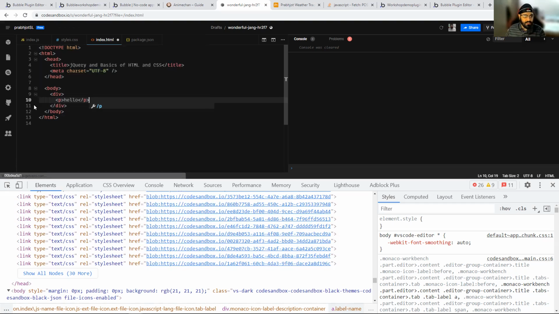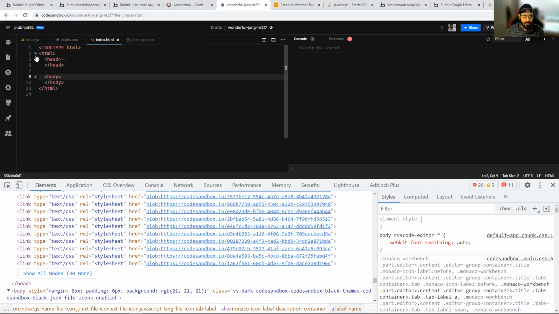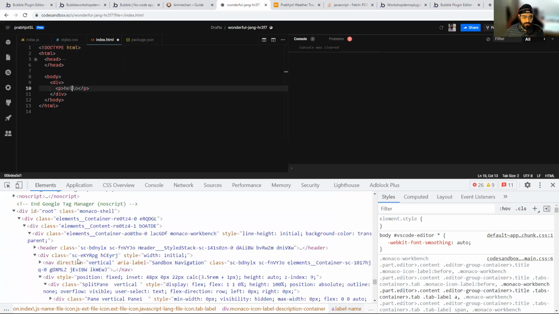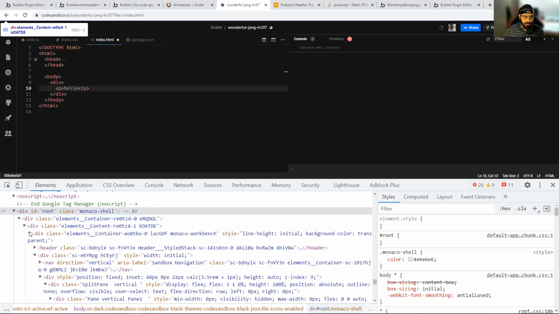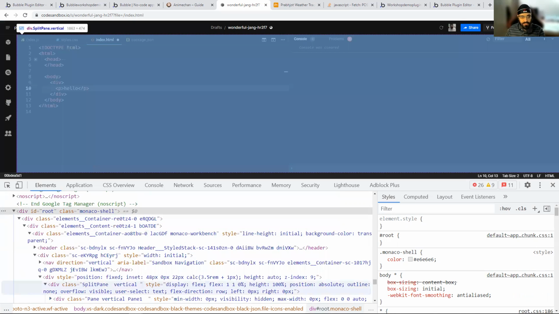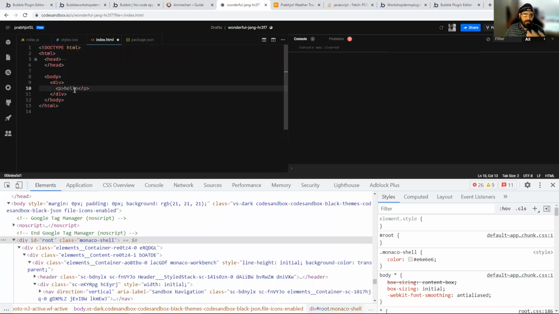And then here you'll say hello, and then you close the paragraph tag. So what's happening here is you are creating this tree, right? So the top node is HTML. Within that, you have head and body as siblings. Within the body, you have div, and within the div, you have p tag, right? So that's a very basic idea of what DOM is, or how your HTML content is structured, regardless of the no-code tools. So here again, you can see the tree, and you can browse it down like this. So you know the hierarchy of things. Cool. So now that we understand how that works,